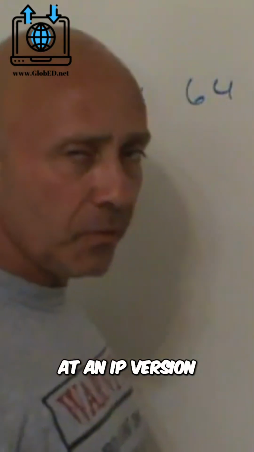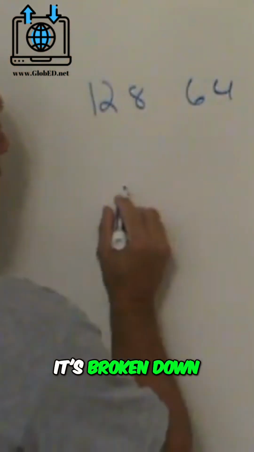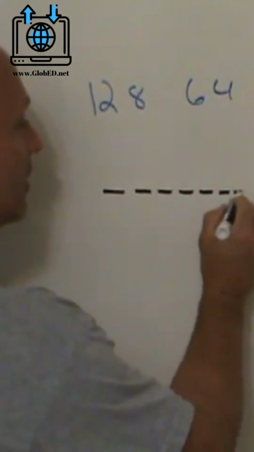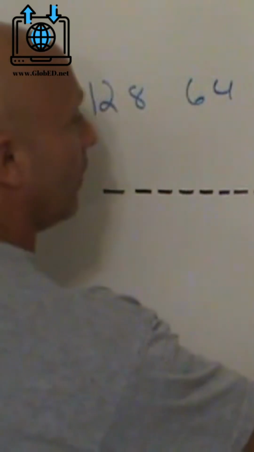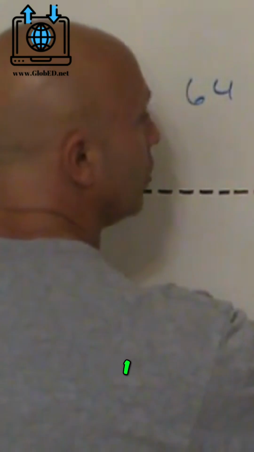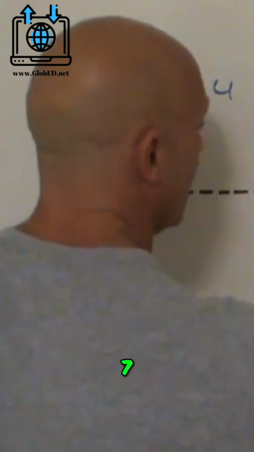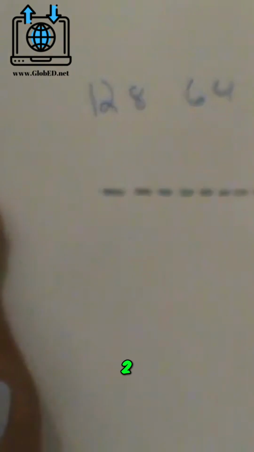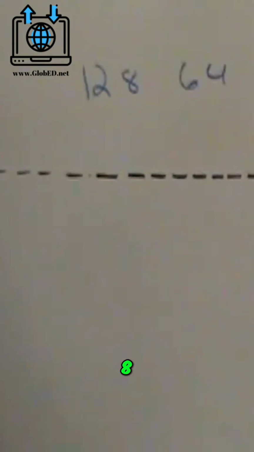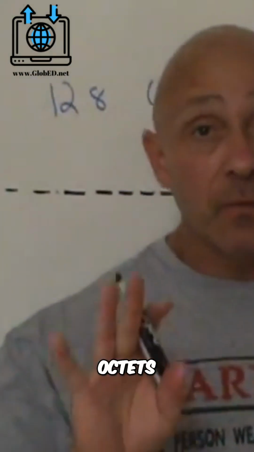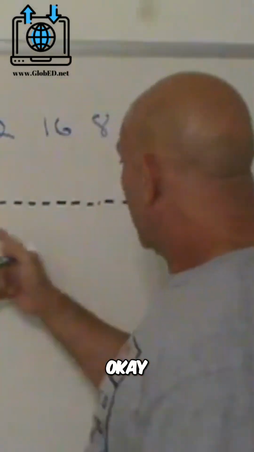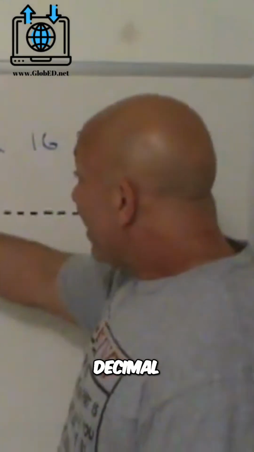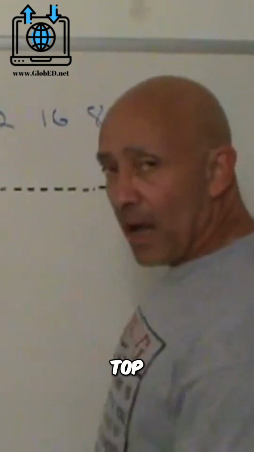Because when we look at an IP version 4 address, it's broken down into 1, 2, 3, 4, 5, 6, 7, 8, 1, 2, 3, 4, 5, 6, 7, 8, and so on. So we got 4 octets, separated by a decimal. These bit values on top, plus